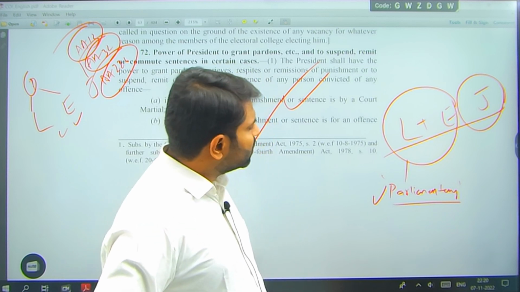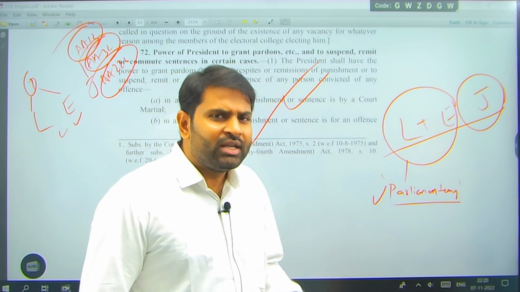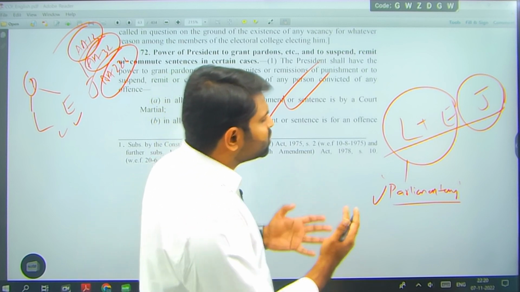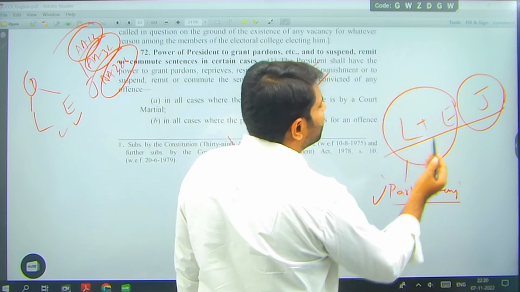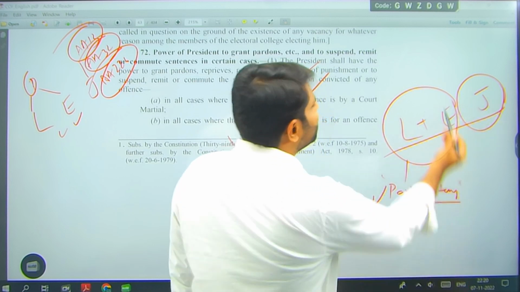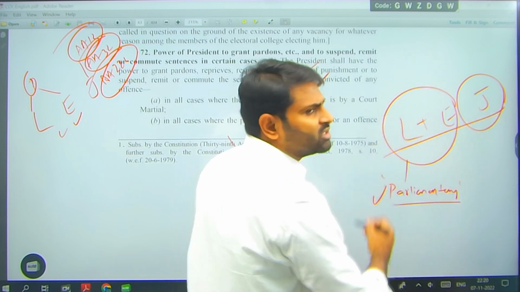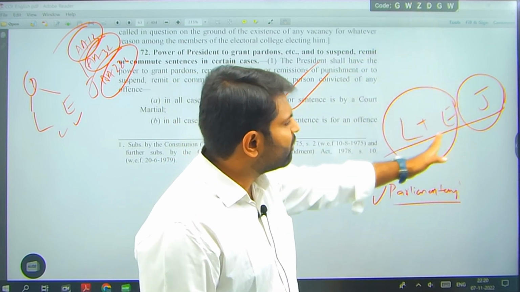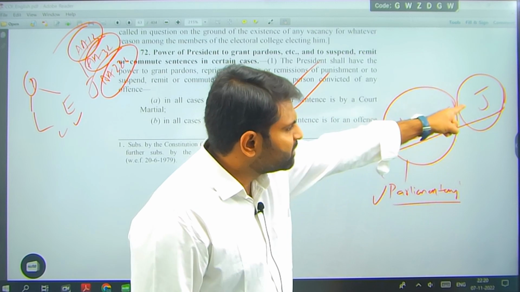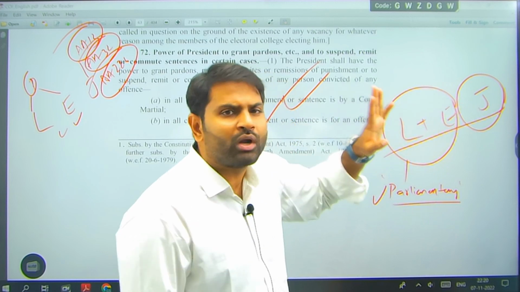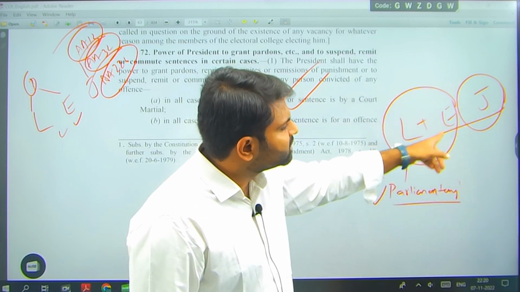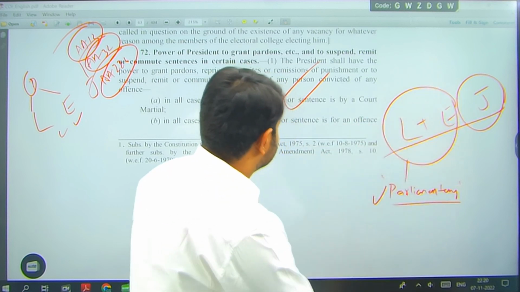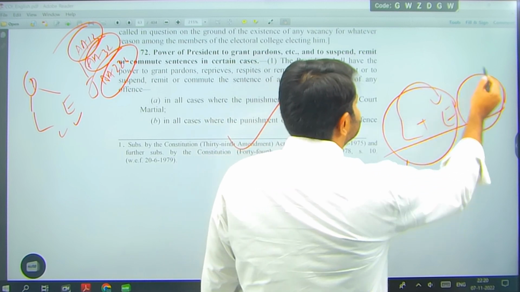What is he trying to do? He is trying to create a balance of power. He is making sure that the legislature is not growing over and above the executive and judiciary, and the executive is not growing over and above the judiciary and legislature. It is the duty of this particular craftsman to make sure the judiciary is not growing over and above the executive and legislature. If the judiciary is becoming more powerful, it is the duty of the executive and legislature to control. It is the duty of the legislature to control the executive if it is becoming more arbitrary, right? So one another, it is like checks and balances. We are calling it checks and balances.